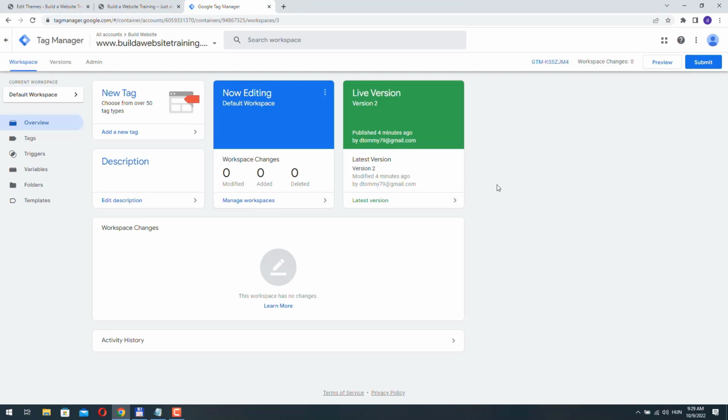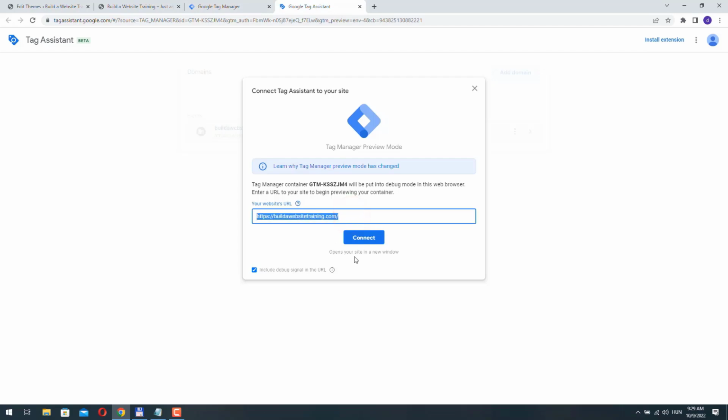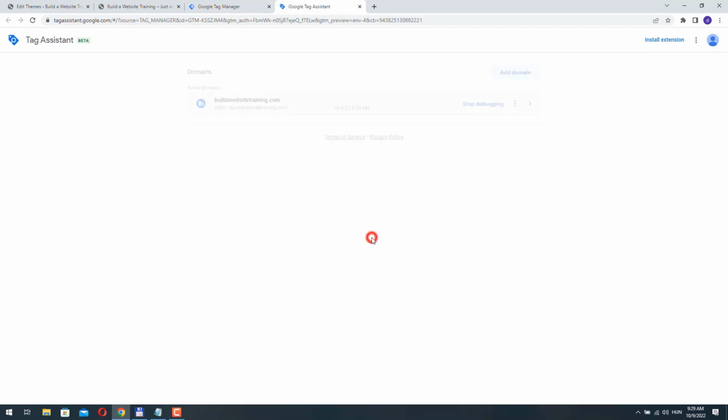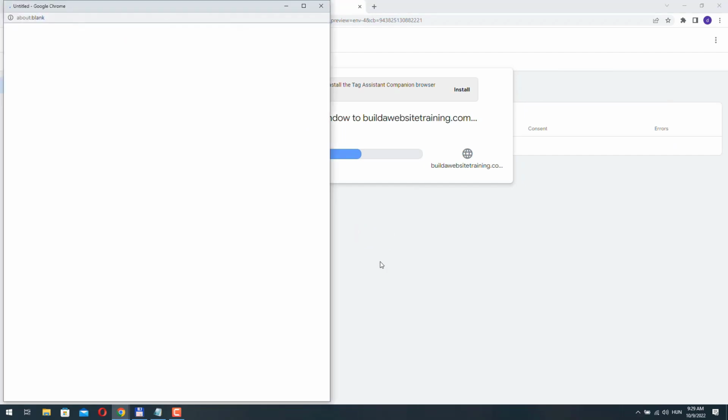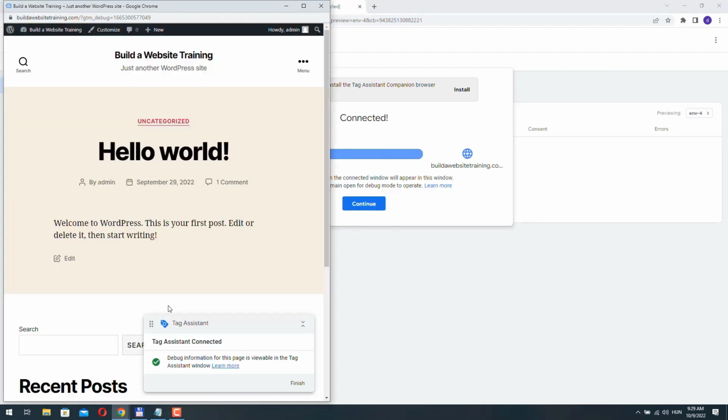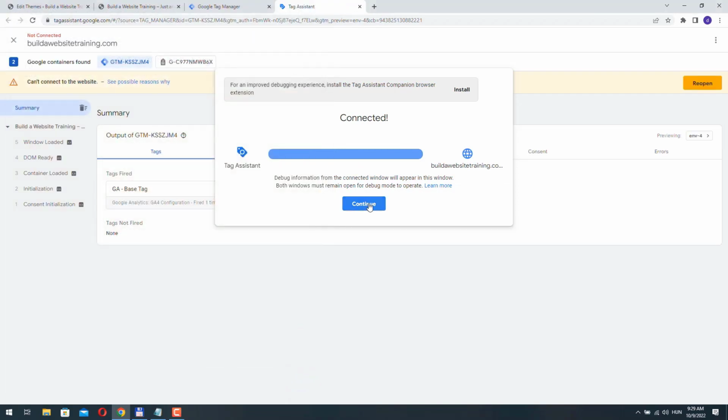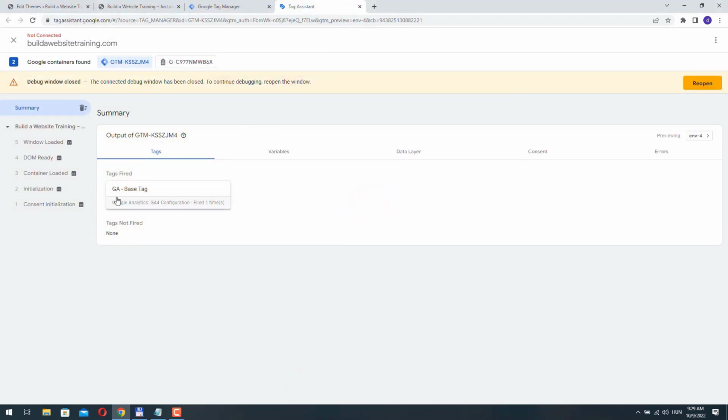Okay, if we come back here and we click Preview and we add our website URL here, and click Connect. Okay, we can click Finish. And if we click Continue, we can see that the GA base tag was fired one time. Okay, so it checked our website and it detected that this tag has been activated. Okay, so our Google Tag Manager integration is working, and also our Google Analytics is now collecting data from our